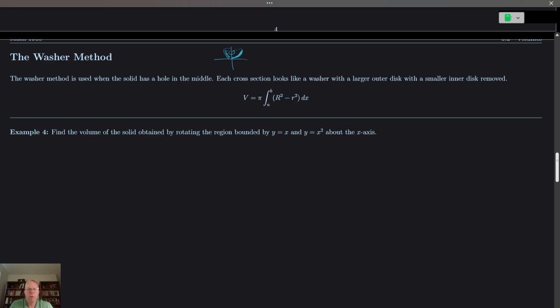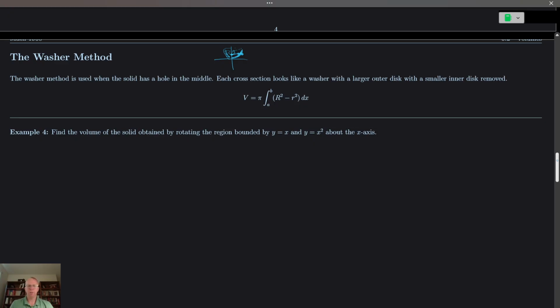So when we use the washer method, it's because we have this gap between the axis of rotation and the shaded area that we're looking at. This doesn't change much for us. You could probably imagine what we need to do. We need to find the bigger radius, from the axis to whichever function is outer, and then find the radius from the axis to whichever function is inner. Then we subtract the two, and that gives us the radius we need to look at. And so here we have the formula, V equals pi,